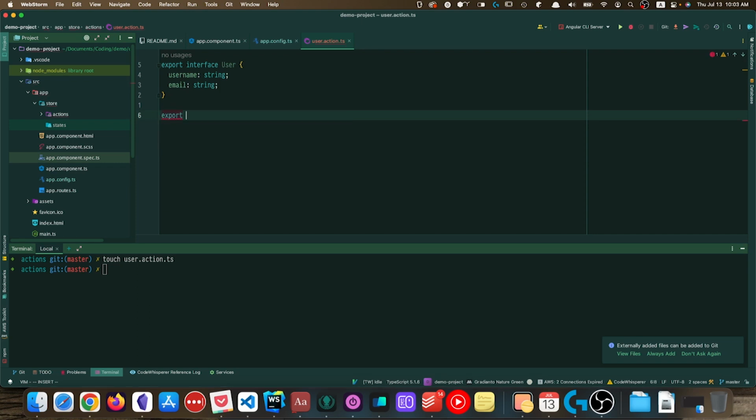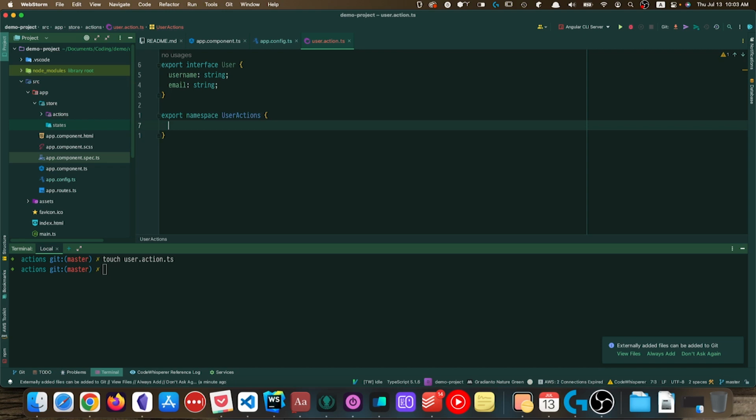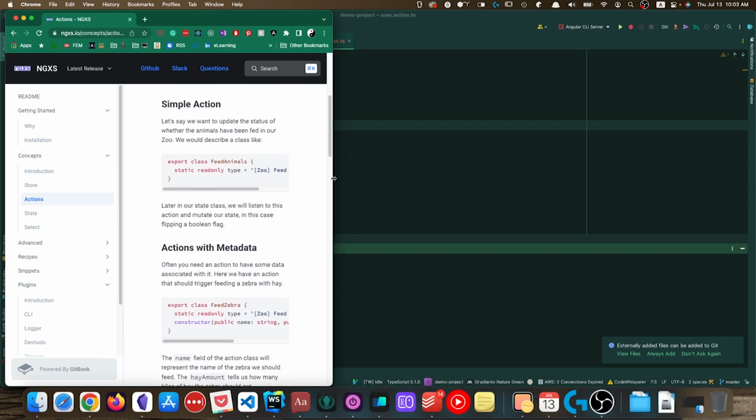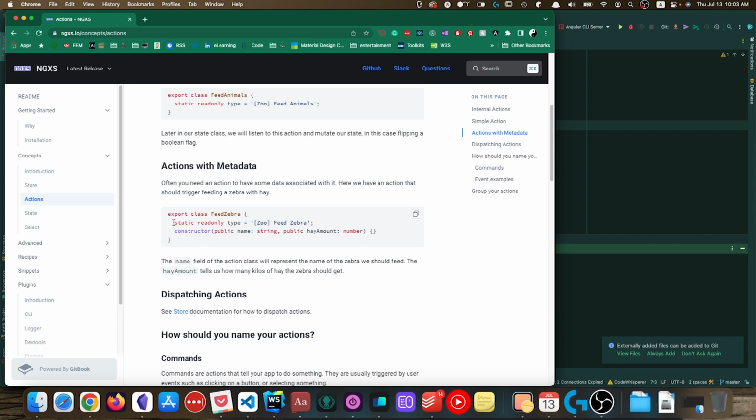And the way you would organize your actions is in namespaces. So we're going to export a namespace called UserActions, and this is essentially the outer boundary of all of your actions that are related to this user state operation. Inside of your UserActions namespace, you can have as many classes as you want, and if you take a look at the official NGXS documentation, each action is essentially a class, which is going to have a static readonly property called type, which is the name of the action that you'll be seeing when you're using the Redux